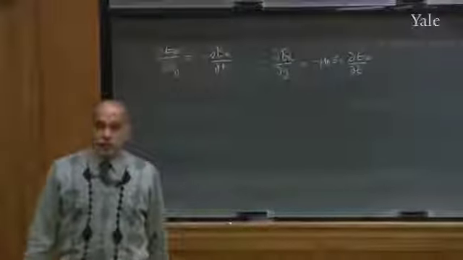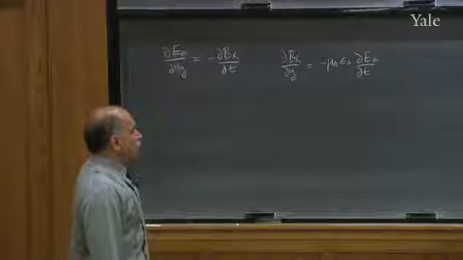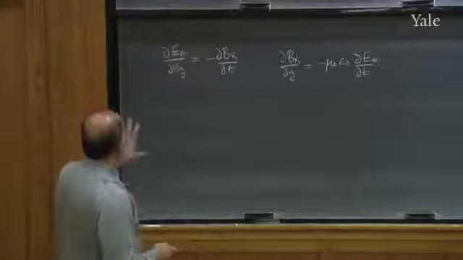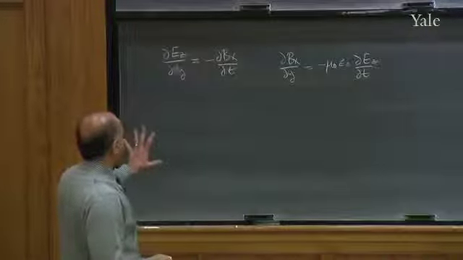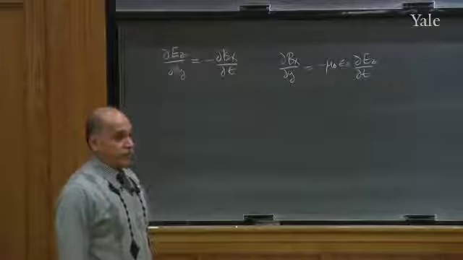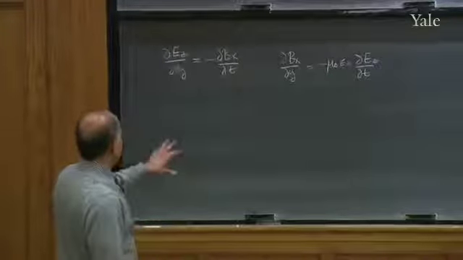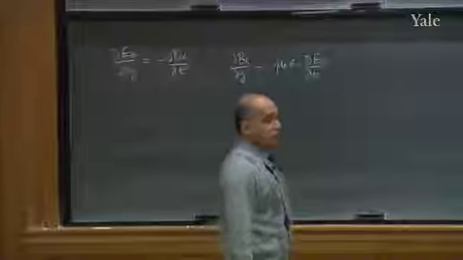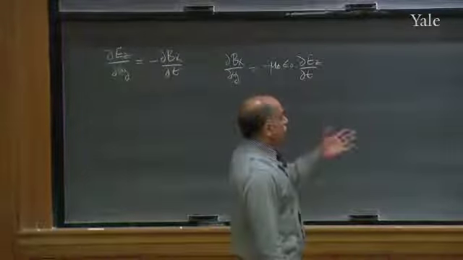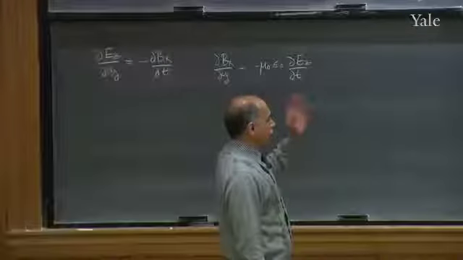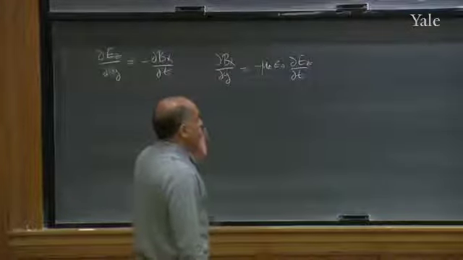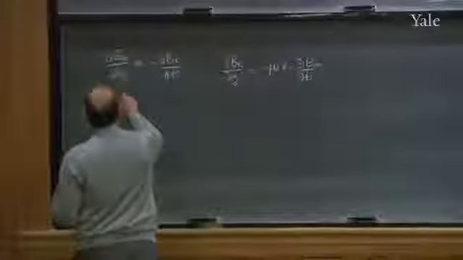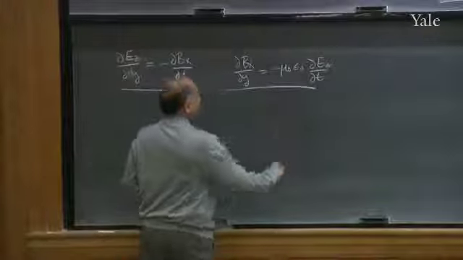I confess that I have not derived this one, but it's going to involve just drawing one more loop and doing it. Now it's really up to you guys how much you want to do this, but you should at least have some idea what we did. It turns out these are the only restrictions I have to satisfy. If this is true of my fields, I'm done because I've satisfied every Maxwell equation. Every surface integral was 0 on every tiny cube and therefore 0 everywhere for E and B. The line integrals, some were identically satisfied, some were 0 equal to 0. There were some that led to non-trivial conditions, and it's these two.